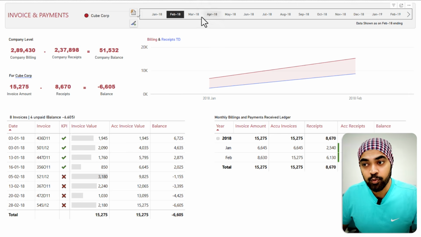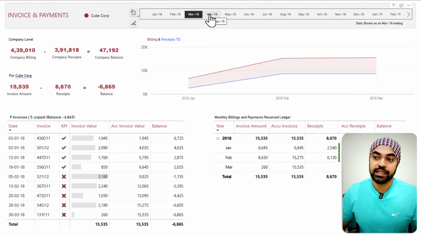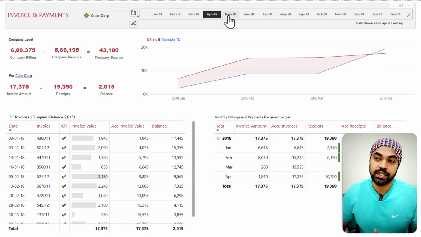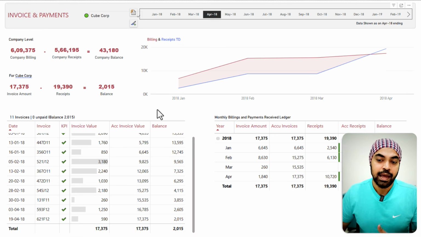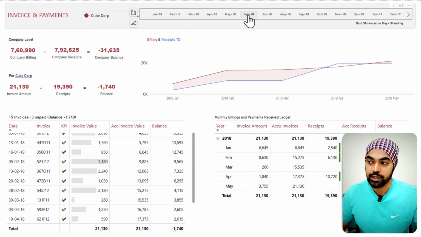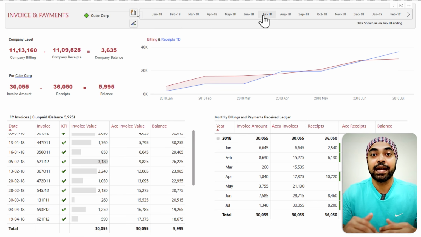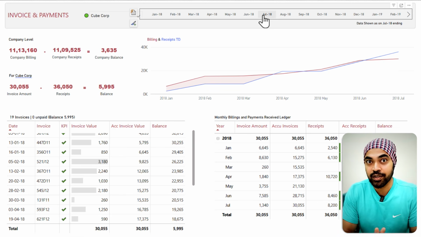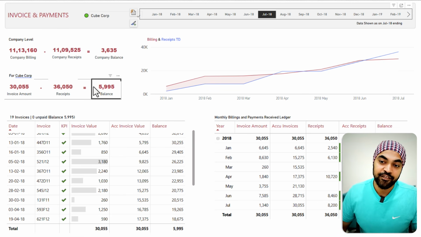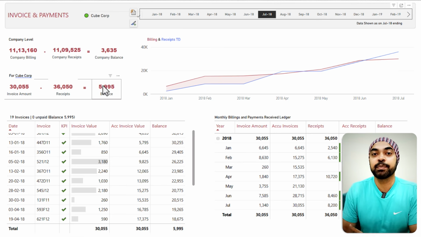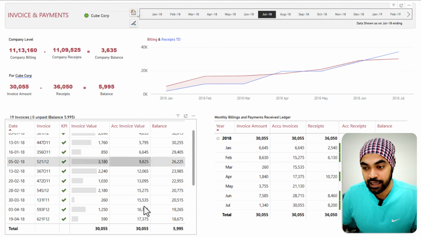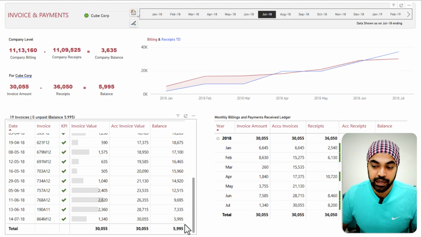So if you keep on moving forward in the timeline, you will actually see the data grow, and you'll be able to see how the invoices are being adjusted, how many invoices are paid, so on and so forth. There have been times in this particular customer where the customer has actually overpaid as well, and that is actually a good thing. So if you take a look right now, we have $5,995 of prepayment, excess payment that we have been able to collect from the customer, and all of his invoices are paid, and we have a balance